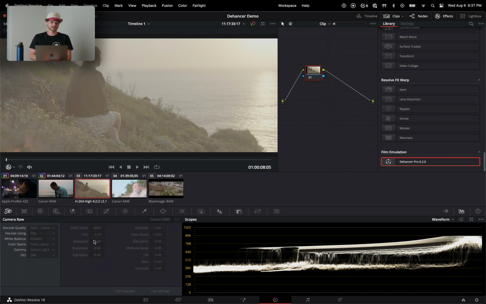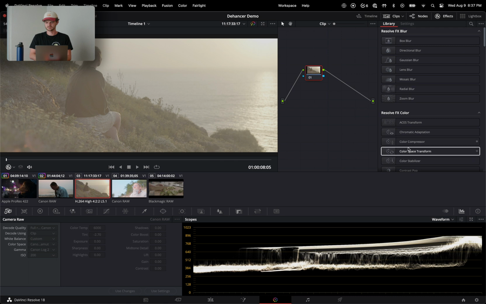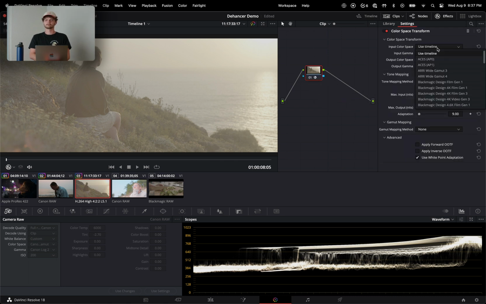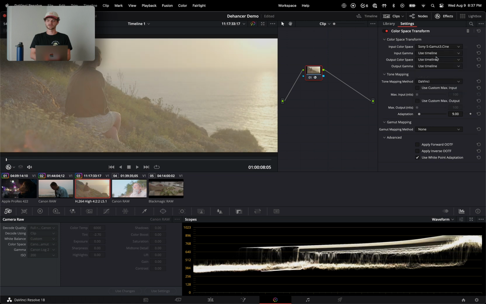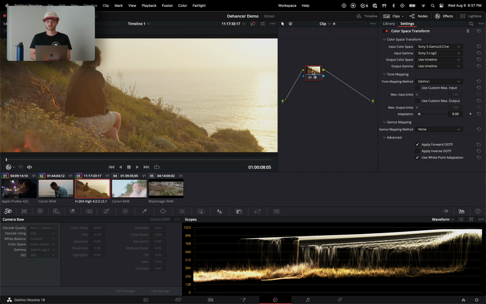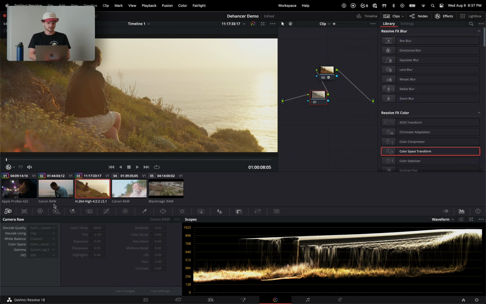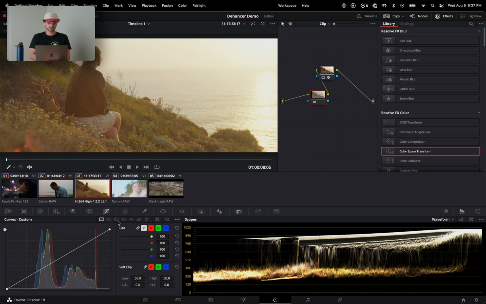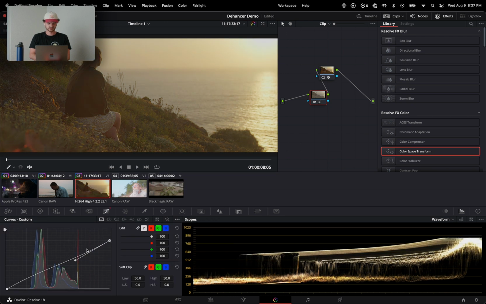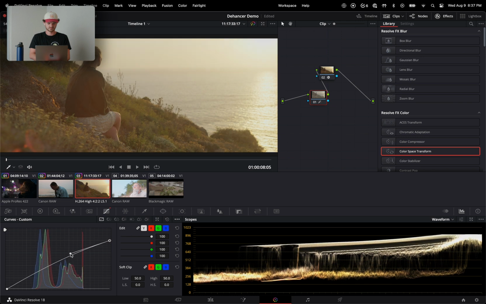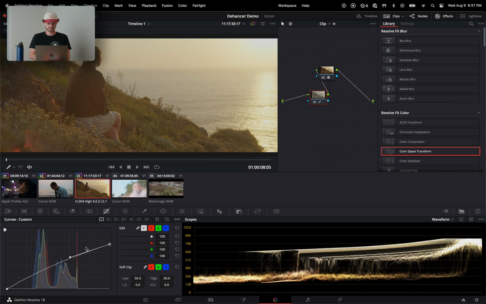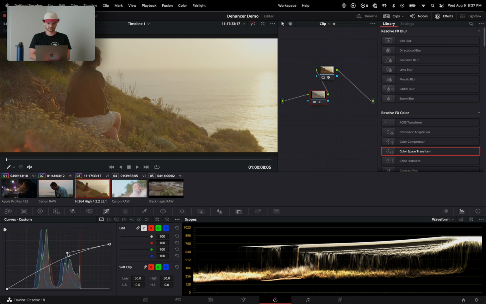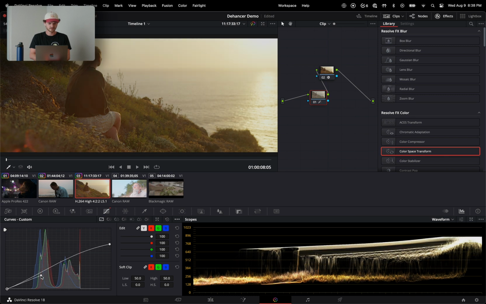This is shot with, let's pull our color space transformer on here. This time around we are using SGamut3.Cine, and we'll do SLog3. This was shot with an A7S III. Go to curves, we'll do another adjustment. Maybe want a little bit of, to fake a little bit of roll off here with the sun, and then,